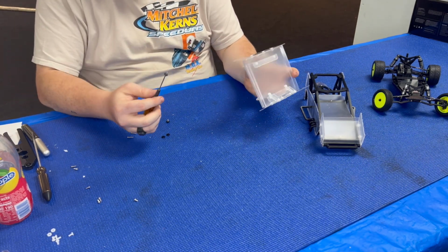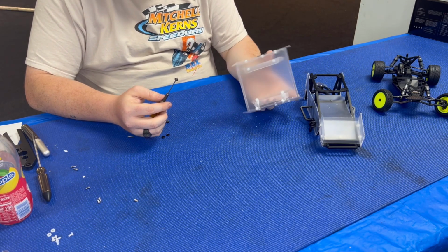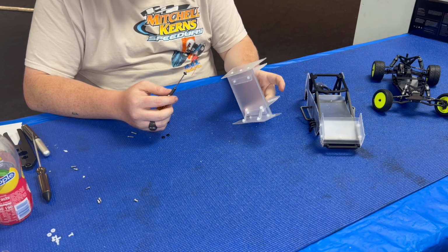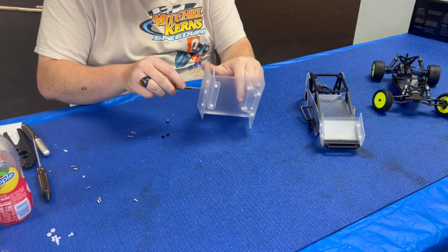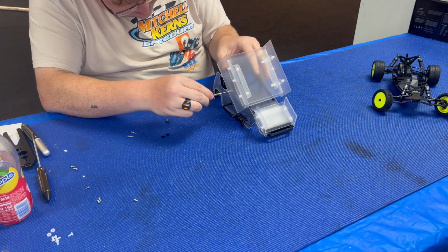Now we run on carpet here at Get a Hobby, so we're already pretty high bite, but I'm gonna start with initial wing setup in the middle, and also in the middle front to back on it. So what I'm gonna do is just take the little hardware, start it in the